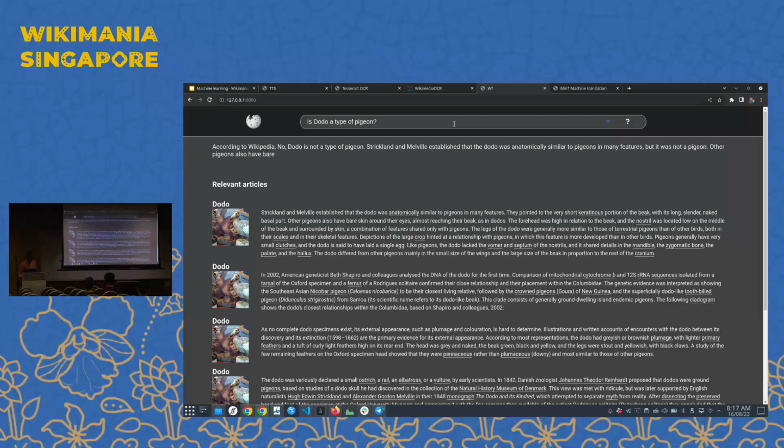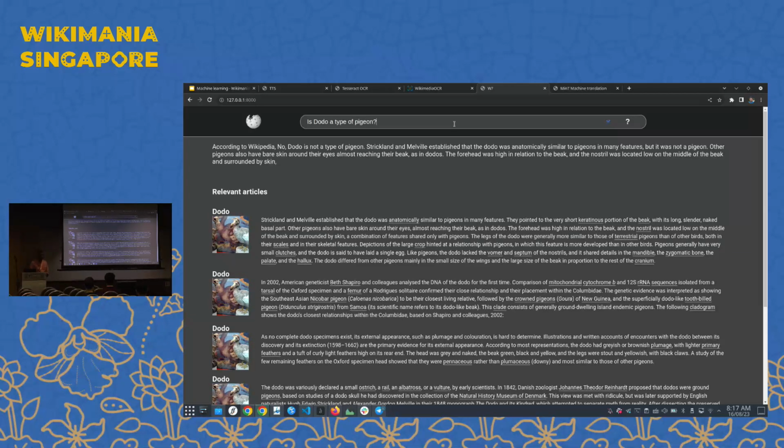But if you ask a new question, you will see that all the cores in your CPU go to 100%, and you cannot do anything on your laptop. So that's why I'm using this cached version. Otherwise, I'll need to stop the presentation, reboot the laptop, and all. So this is one example.